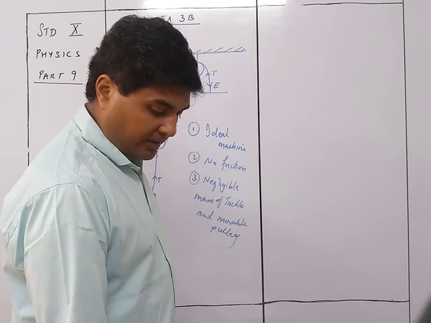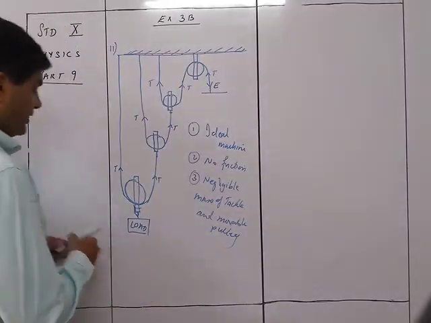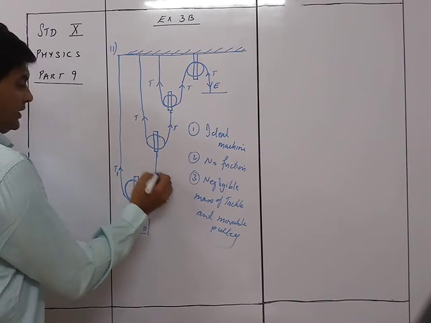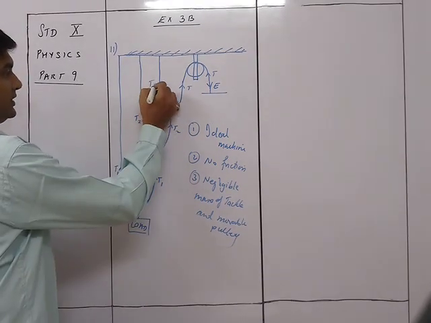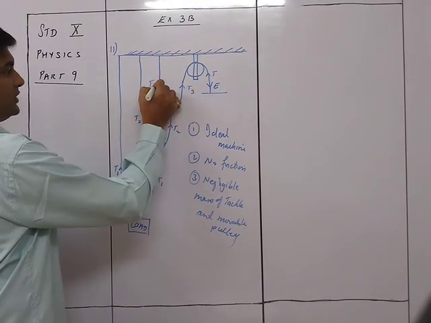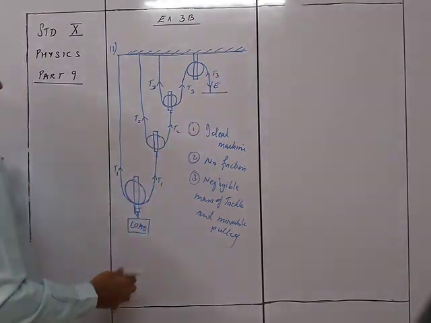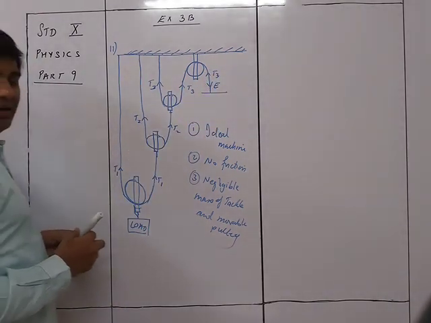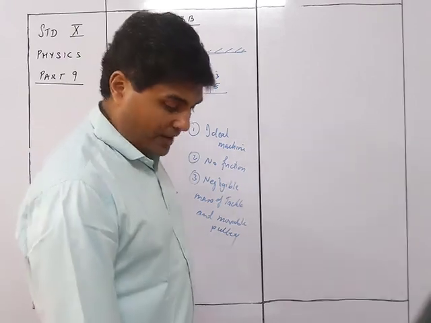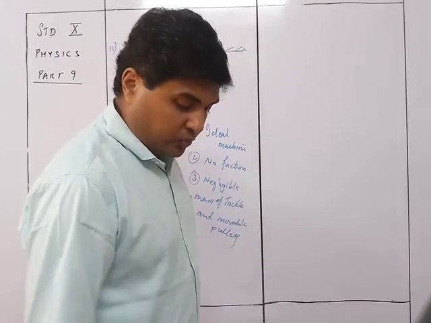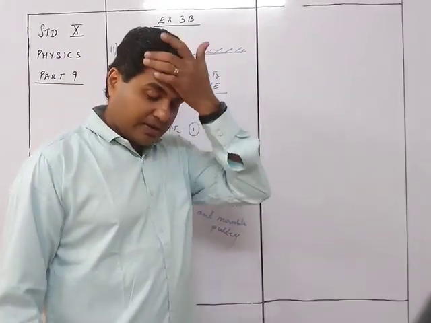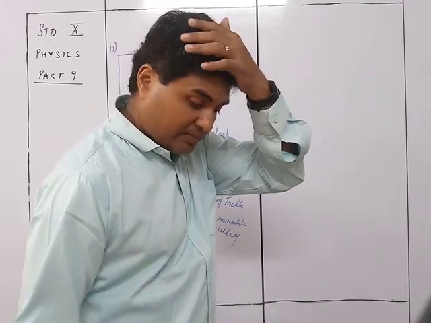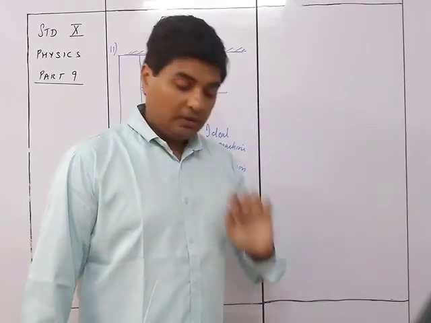So that was the part of question number 11. One thing we can do is mark this as T1 and T1, this will be T2 and T2, and T3 and T3, because here it is not the same. Because these are not the same, we need to put them as separate values. Right, so this was about the different sums, that is question 11, sums of the pulley system.